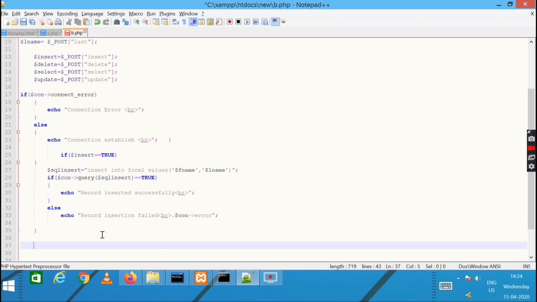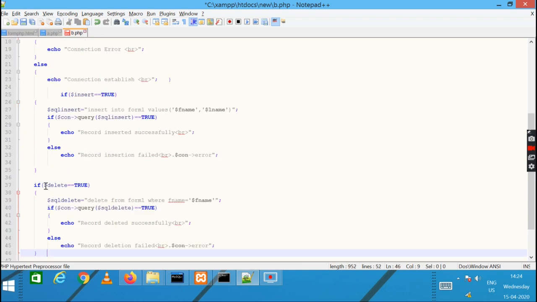If $delete is equal to true, then the SQL delete statement is: delete from table name where fname, this fname being the column name, equals the fname the user enters. So we'll take the fname value from the user, compare it with the database, and then delete that value. So if $con query, which query, SQL delete, is equal to true,